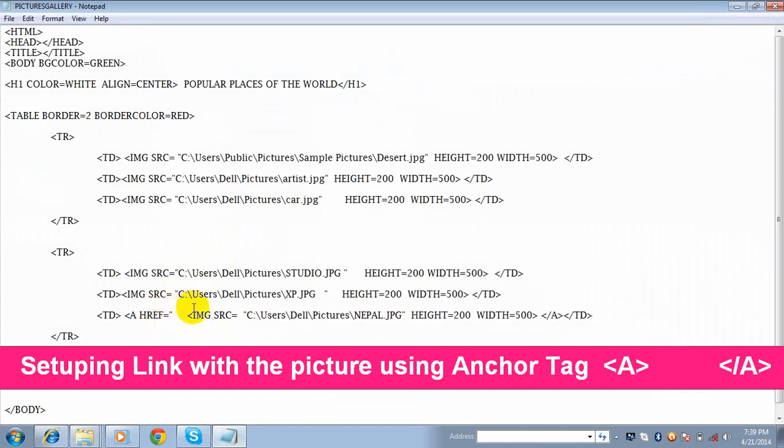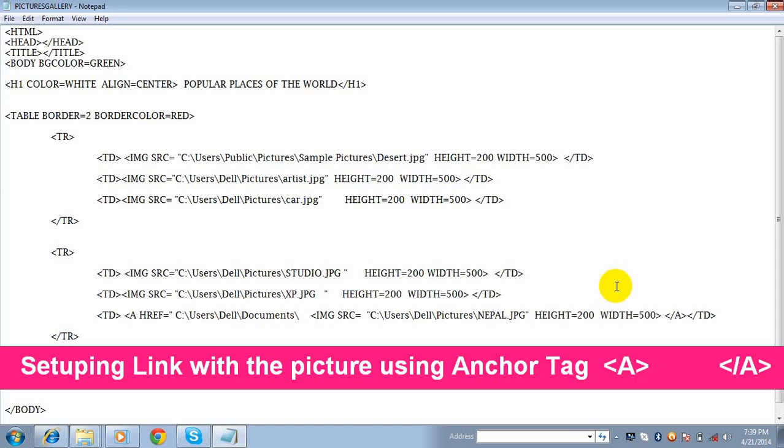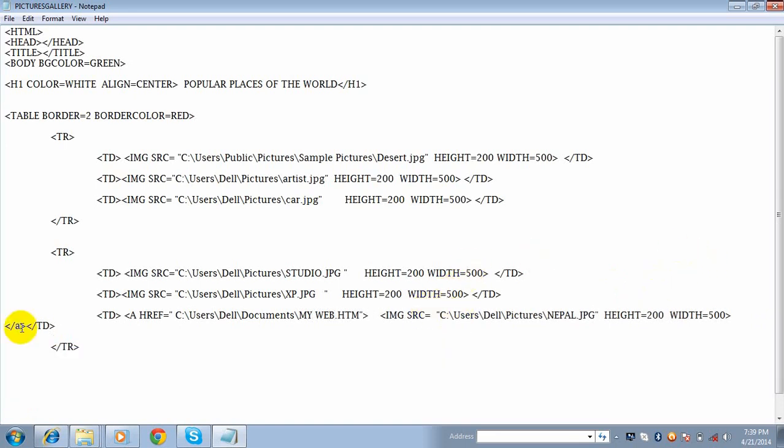Now press Ctrl plus V to paste the copied location or address of the file. Now one slash more. Now write the file name, like my web dot html, and now close the double quotation mark. Okay, close the tag. The anchor tag has been closed here.